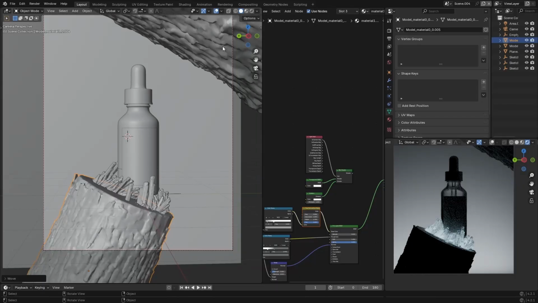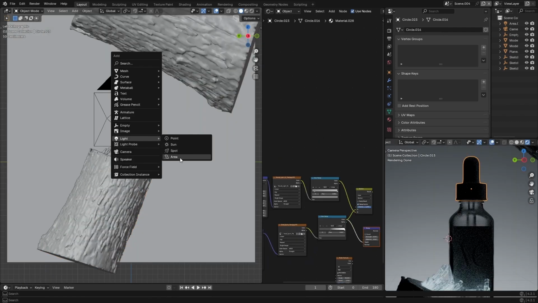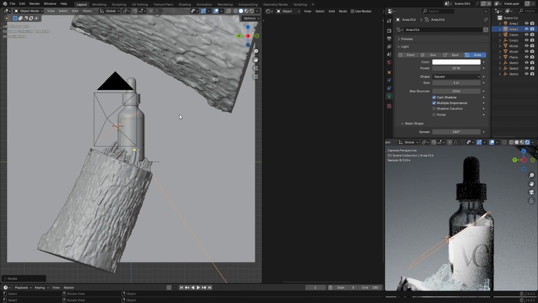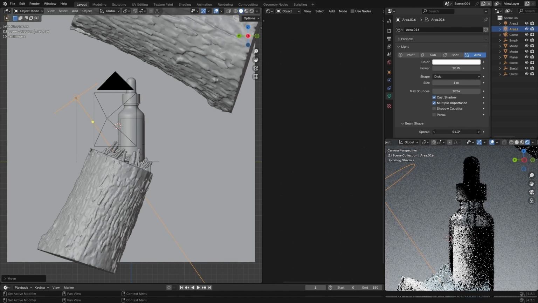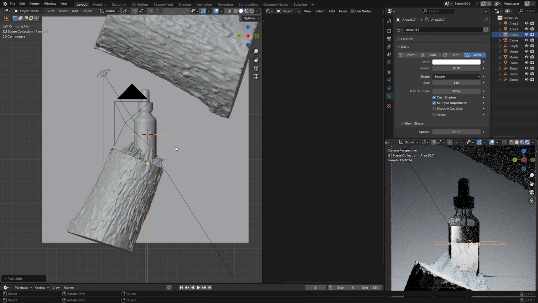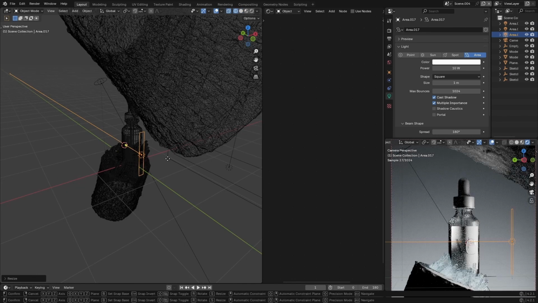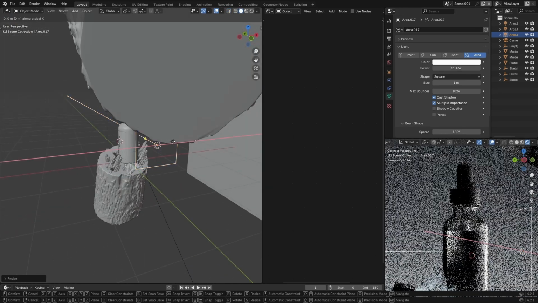For the lighting, we are going to keep it simple as always. Add an area light, rotate it, and place it in the top. Change the shape to disk, drop the spread, and adjust the strength. Now we just created the main light. Let's add the highlight. Add another light, move it to the side, scale it on the x-axis, adjust the strength, and here we go. Fastest lighting breakdown for the